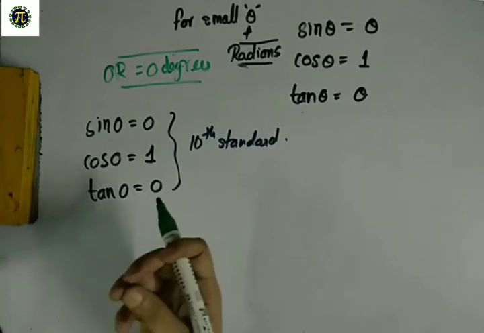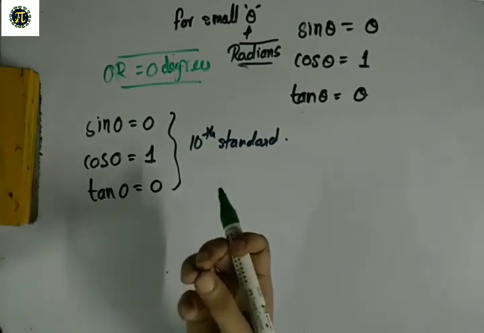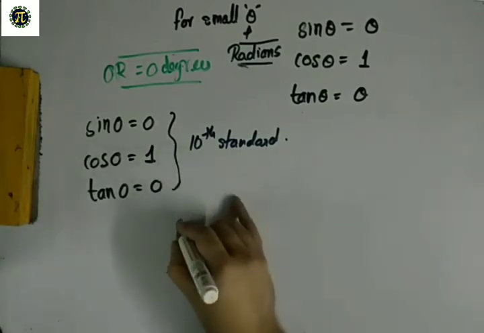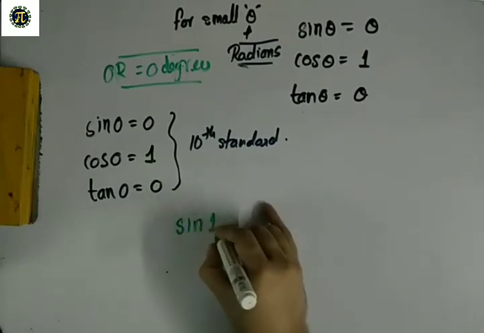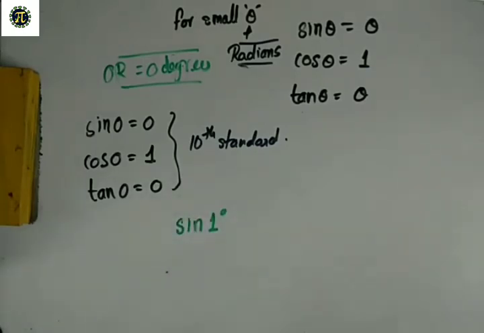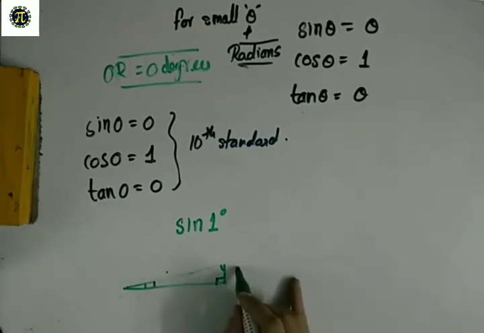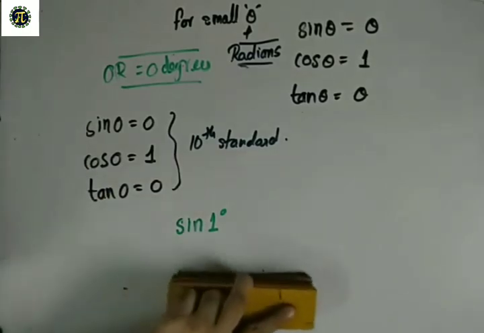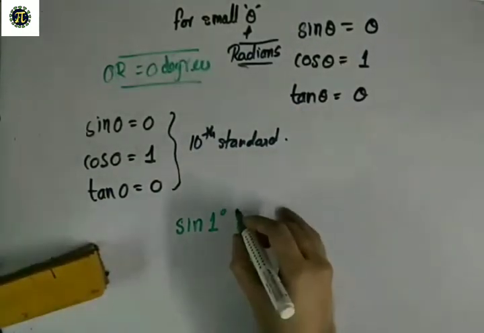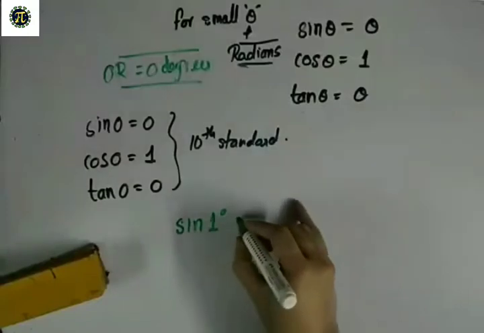So first of all, you want to calculate and check, is it true? For example, I say to you, find the value of sine 1 degree, and you will say, in the whole course of my 10th class, I do not know what sine 1 degree is. How will you calculate? You can draw a triangle with this 1 degree angle, and this is 90 and this is 89, and you can find the ratio of perpendicular by hypotenuse, but that is going to be very, very difficult. You have to do constructions, but with this formula we can find the answer for very small angles.